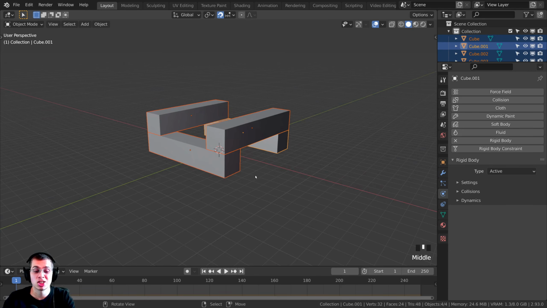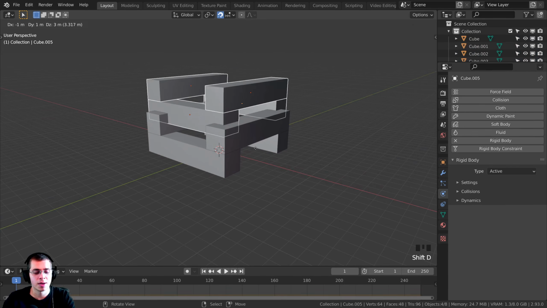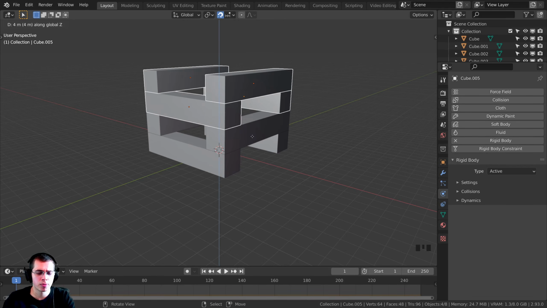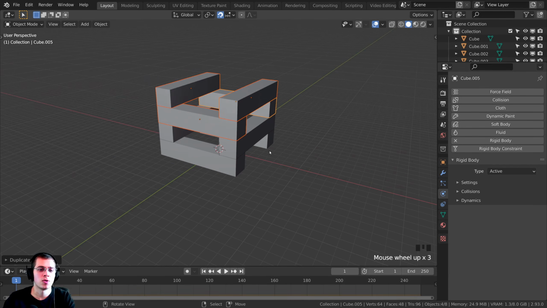So I can now press Shift D to duplicate, and I'm going to press Z to move it up on the Z axis, and then you could just move it up right here. I'm going to type in 4 and then hit enter, and that way it's going to move it up by 4 increments. So we could just continue to do that. We could press Shift D and then move it up and just continue to do that,